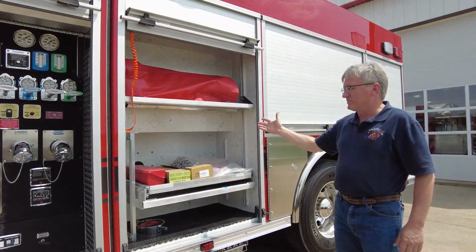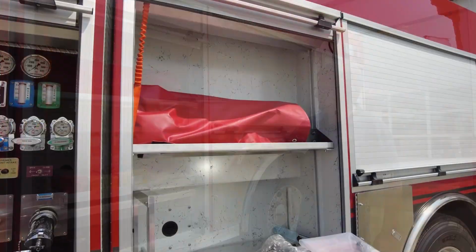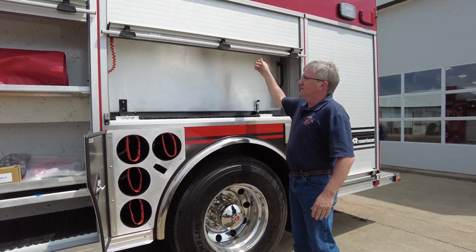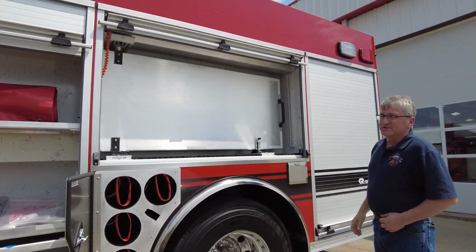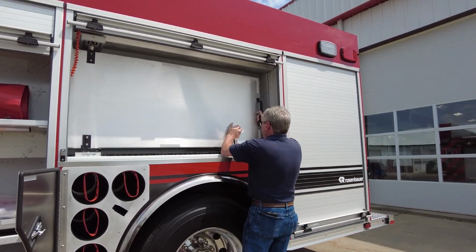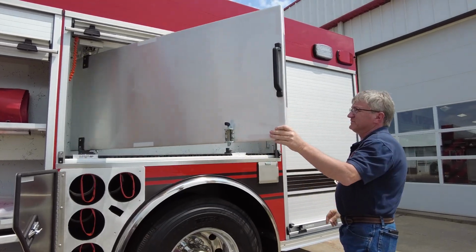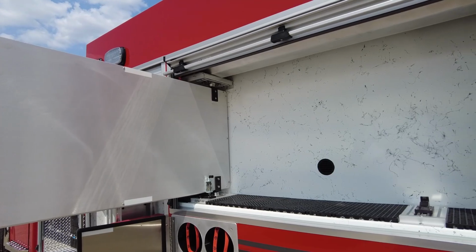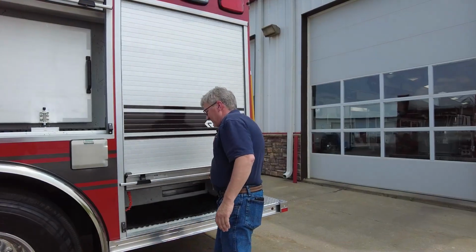As you see, the next compartment would be our fitting compartment. We just have a few shelves. Everything goes on here next to the pump operator. This compartment is going to be for a lot of our hand tools. It has a tool board that swings out. We can put tools on the front and the back of it and against the back wall. Last compartment here,